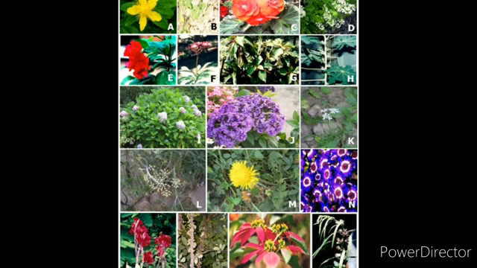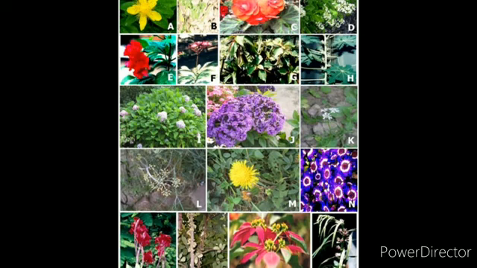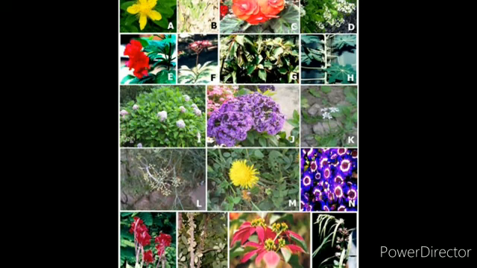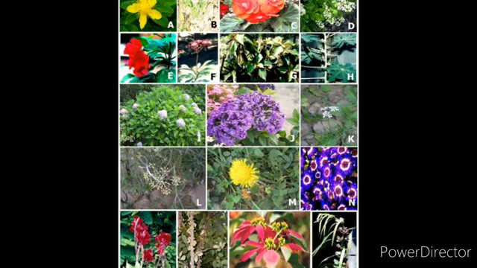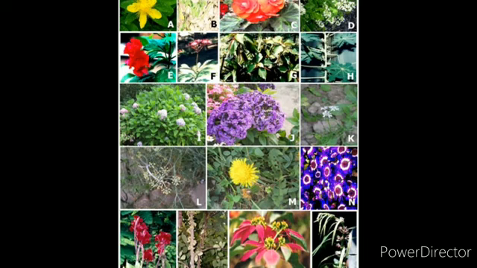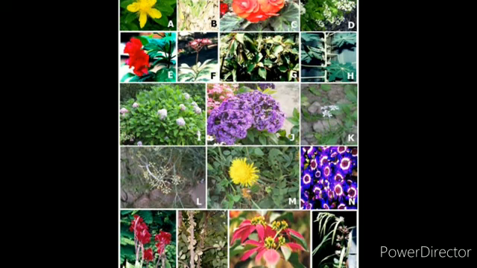The arrangement of flowers on the floral axis is termed as inflorescence. A flower is a modified shoot wherein the shoot apical meristem changes to floral meristem. Depending on whether the apex gets converted into a flower or continues to grow, two major types of inflorescence are defined, that is racemose and cymose. So these two types of inflorescence we are going to see.